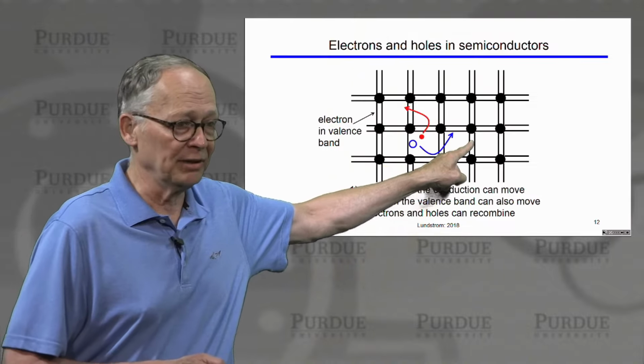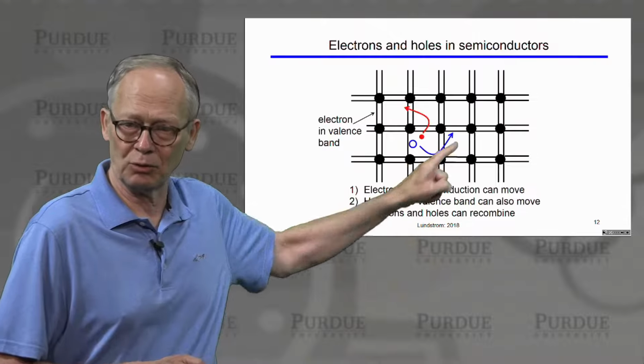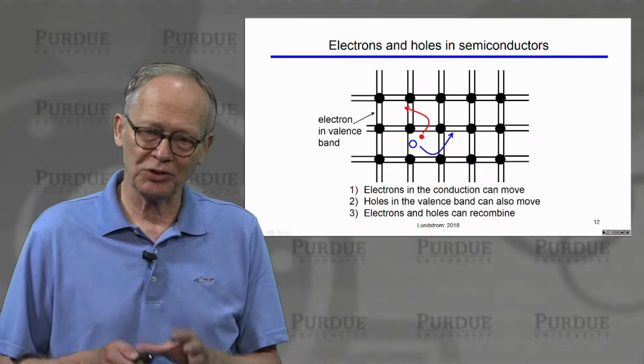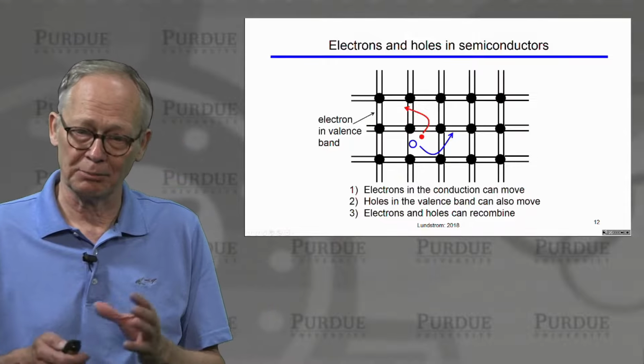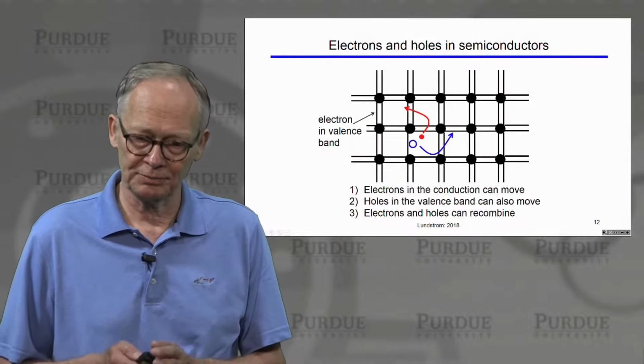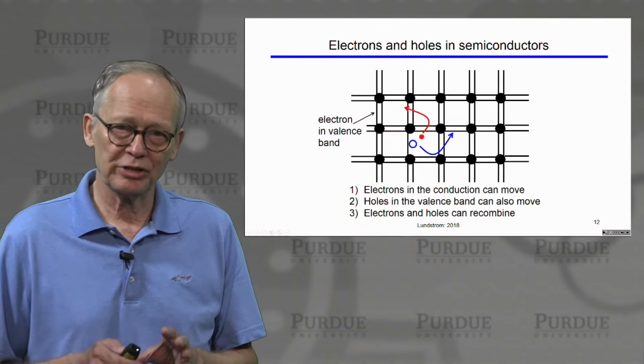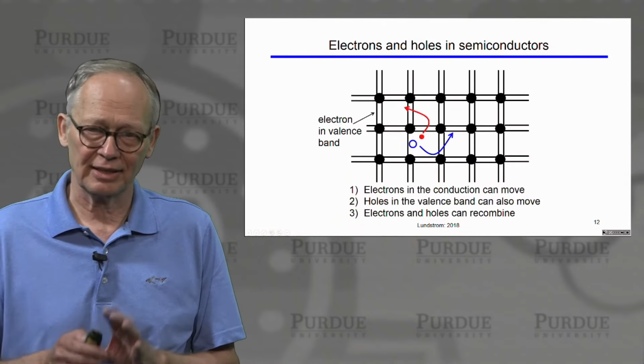Then an electron in this valence band could hop over and fill up that hole. So the hole is free to move around. The hole is an absence of a negative charge, so it behaves like a positively charged particle. And we will think of both electrons and holes as being 2 types of charged carriers that carry the currents